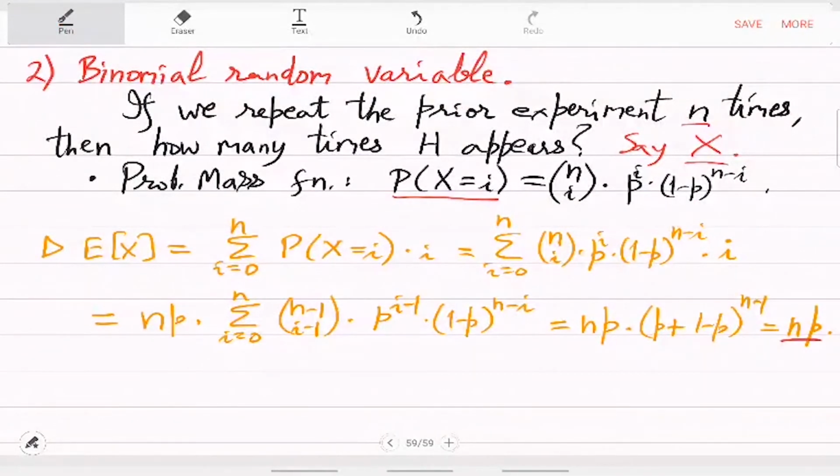Right. So, after this long calculation, what you get is n times p as the expectation. Now, is that a coincidence? Actually, we can give a simpler proof, which will explain why you should get n times p. So, an alternate way of looking at this is